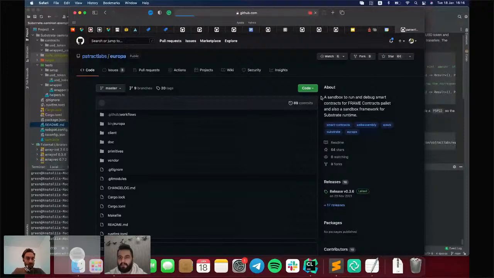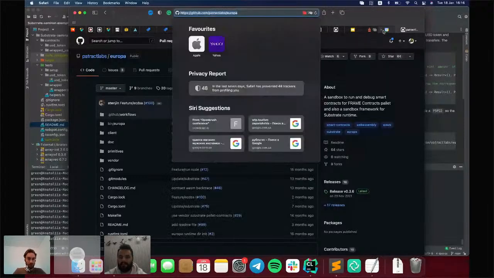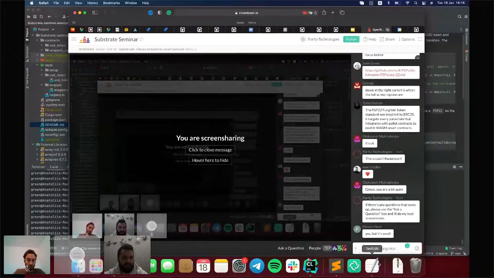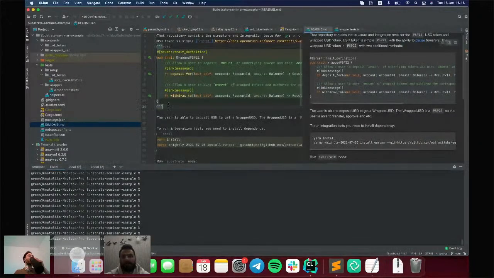Yes, I will put a link on it here. Redspot is a framework for integration tests, maybe like Hardhat in Solidity or another framework, I forgot the name, but it is a framework for integration tests. And I think it's enough to describe what it is.